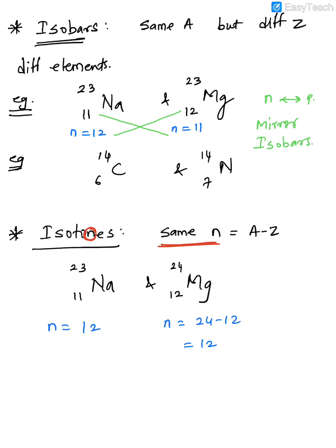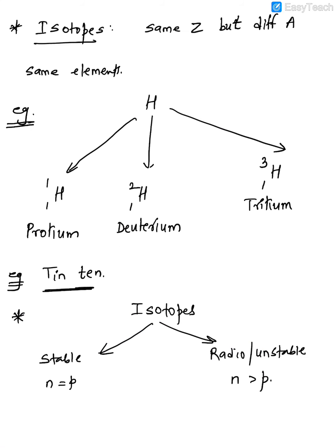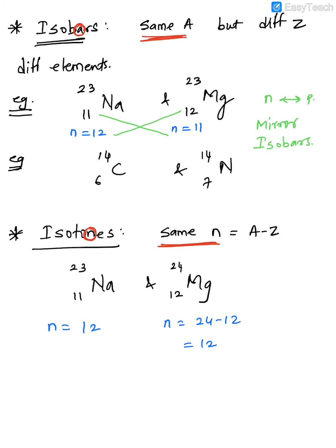In isobars, you have what alphabet out here? A. It means they have got what? Same atomic mass. And in the previous one, isotopes, we have what alphabet out here? P. P means what? Same number of protons, that is same atomic number. So one of the creative ways this boy had found out to remember